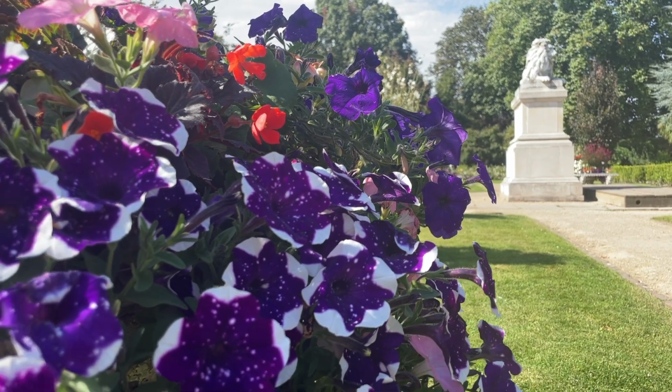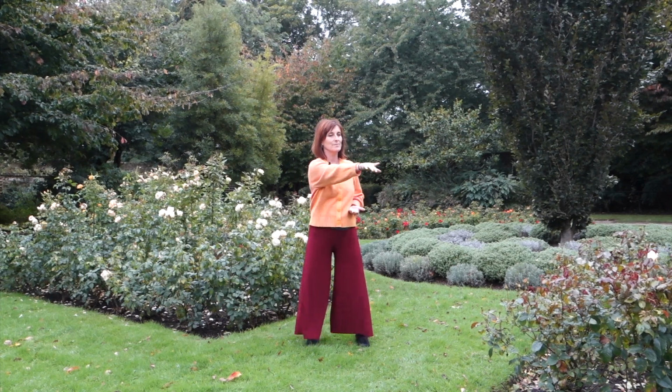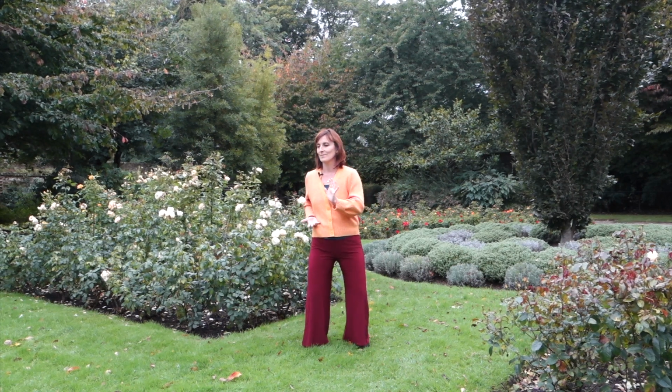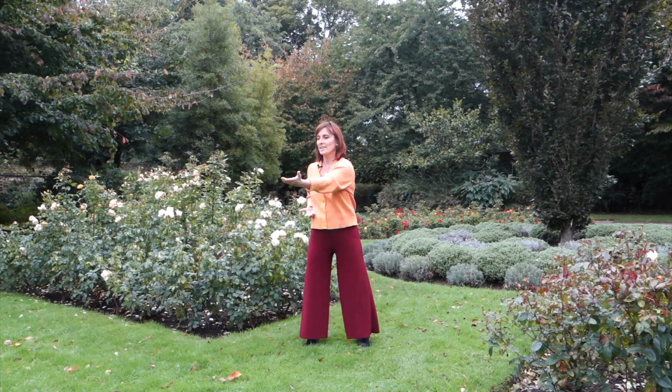After summer comes the Indian summer, the earth element. So we push diagonally and bring it in, back to the center. Earth, spleen, stomach,